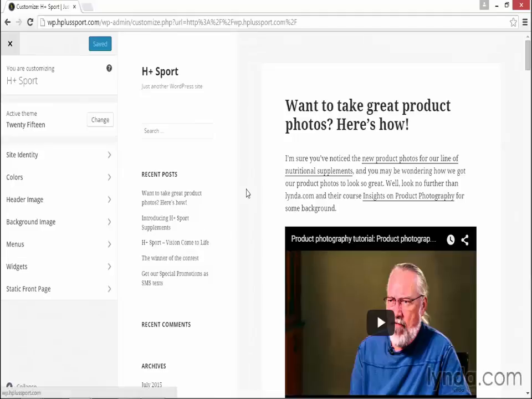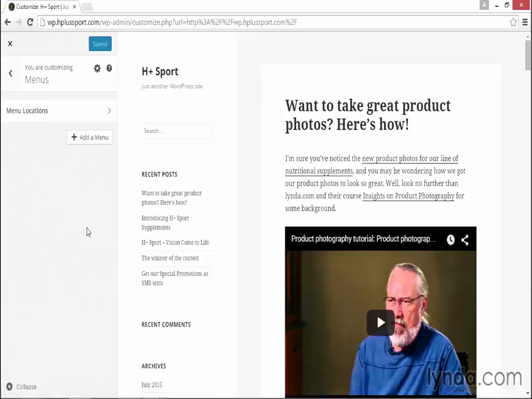Now that you have a better understanding of the theory of creating navigation on your site, let's look at how to create custom menus using the customizer. To create a new menu, simply go to Menus. This will open the Menu Customizer, and from here you can create new menus and also assign specific menus to